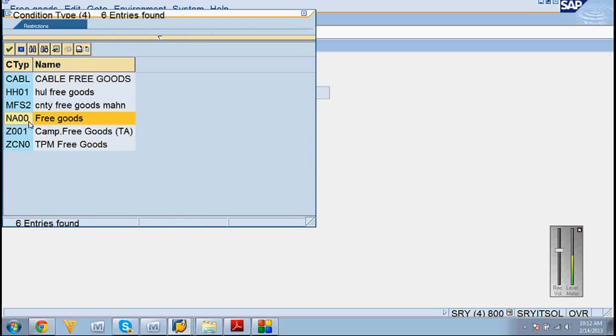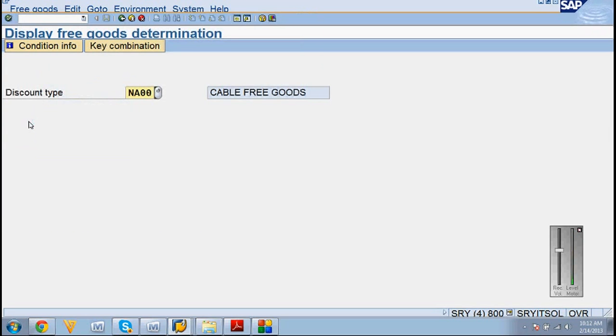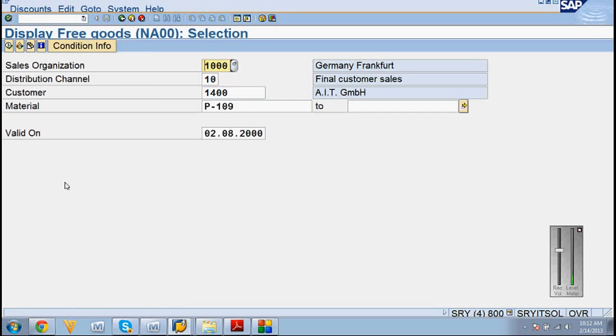Here you find it, NA. Many real-time people get confused. They will definitely ask a newcomer, because we can easily confuse free goods and standard pricing procedures.